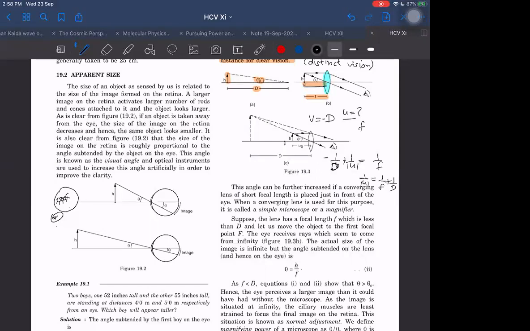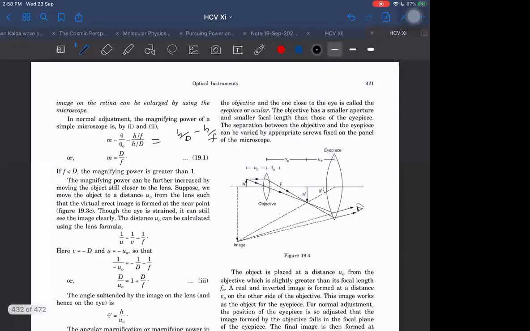Then what will be h by mod u? H by mod u will be the angle theta, which will become h by f plus h by d. Rather than becoming h by f, it is becoming h by f plus h by d. Then what is the magnification which I can achieve now? Now I can achieve h by f upon h by d. This will not be f. This will be h by u. In place of f, it will be h by u. H by u upon h by d, which will become d by u. So it can become d by u also.